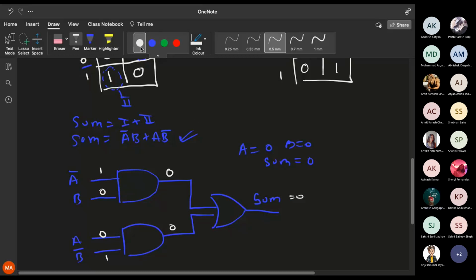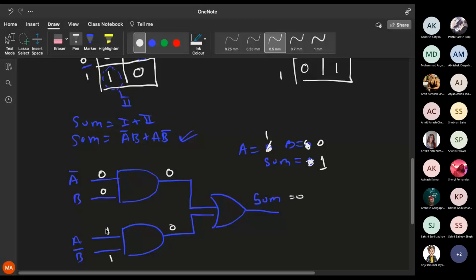So it is working smoothly. We'll check for another condition, when your A is 1 and B is 0. A is 1, B is 0. What should the sum be in that case? 1. Okay, we'll check for that. If A is 1, what will A bar become? 0. So this is 0. In this case B is automatically 0, so if I put 0 here, the output is 0. Got that? A is 1, so what will come here? 1 will come. What will B bar become? Again it is 1 because B was 0. Correct?